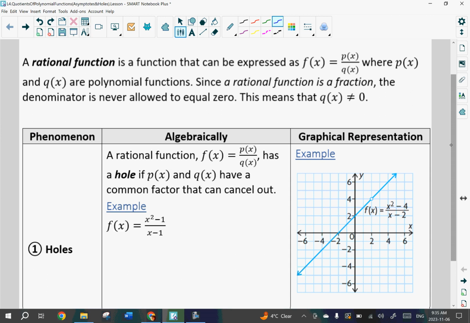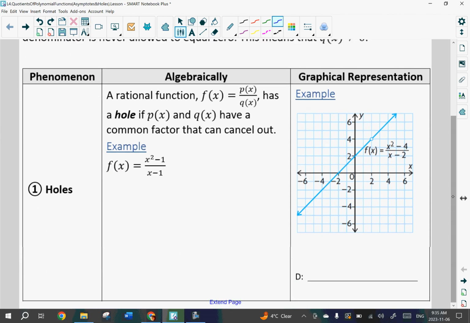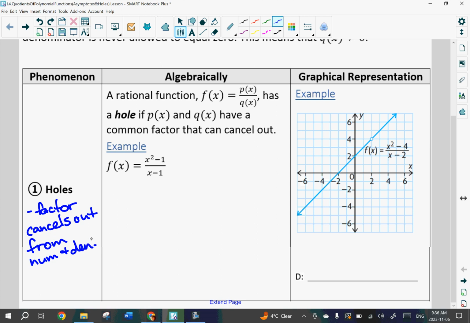So one of the first things we have to look for now is something called holes. This is one of the things we're going to add to the checklist when we are graphing these graphs. A hole exists when a factor cancels out in the numerator and the denominator. So, a factor cancels out from the numerator and denominator. When we were looking at this before, we would have said, oh, the denominator happens at